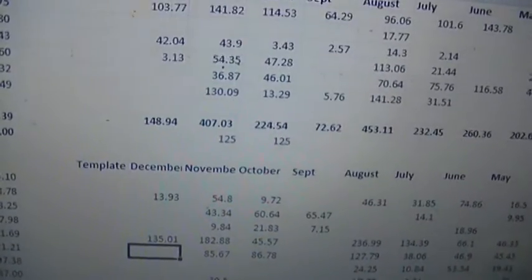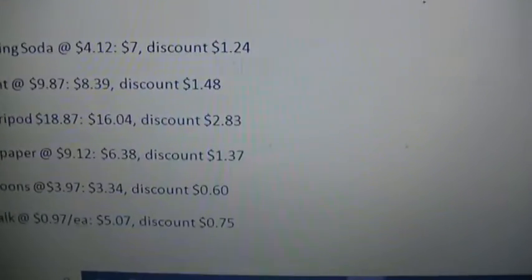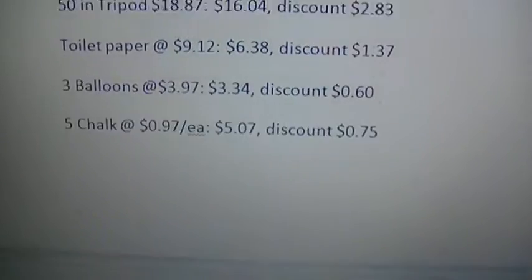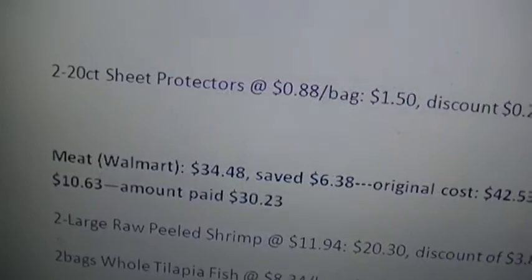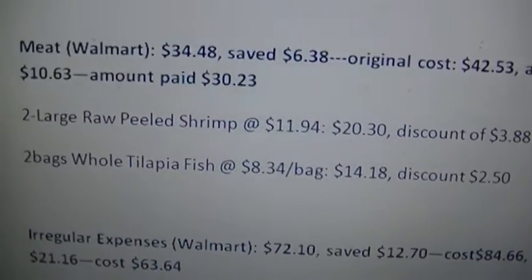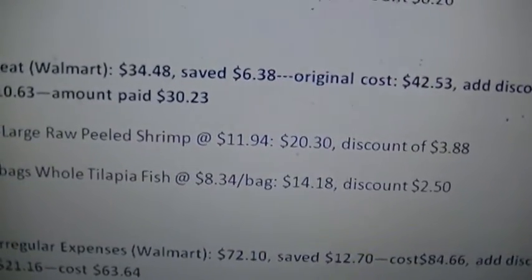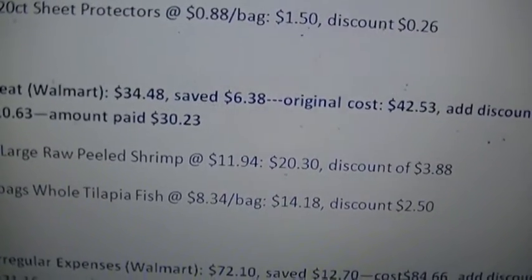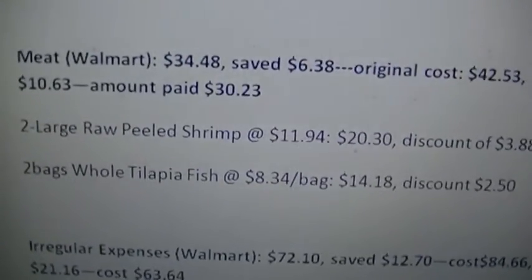So we go back to our Word document. We made other purchases. As we continue down, all of that belongs to the non-food. Now we have the meat. In fact, I use the food budget to purchase meat as well, and the reason is I'm trying to save the meat budget. We put about $95 a month toward meat, but I'm trying to save it so that I can buy ground beef